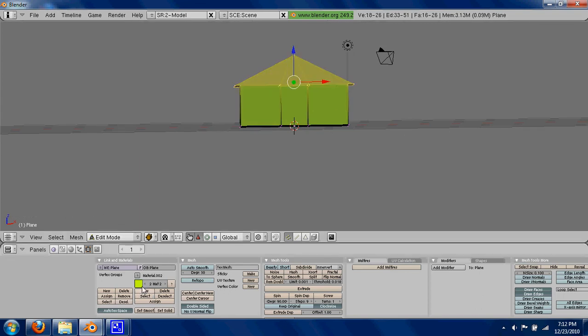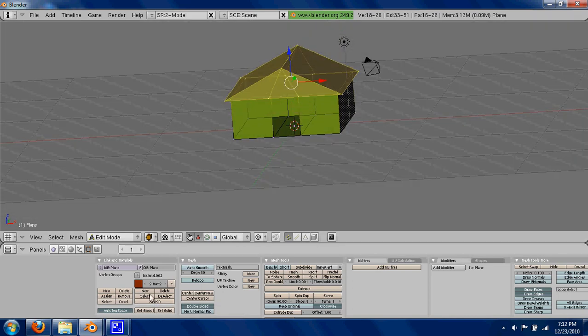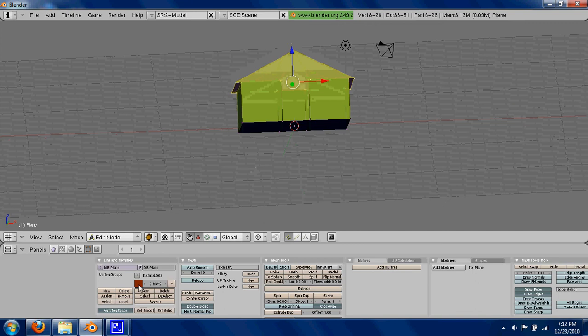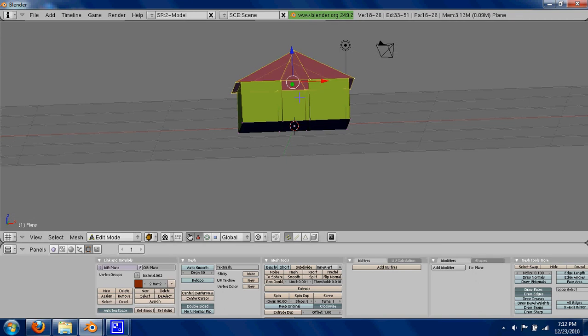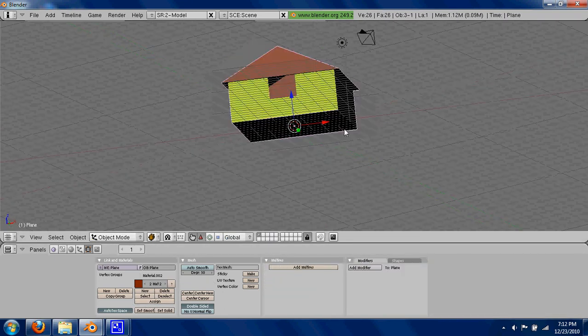Hit new, click it, make this one a little darker, right about there maybe. Now click assign. When you do that, the color that you just chose will be assigned to the area you have selected. So assign, there you go. And there's our funky colored